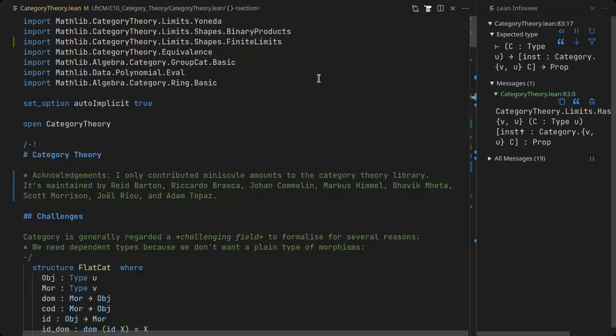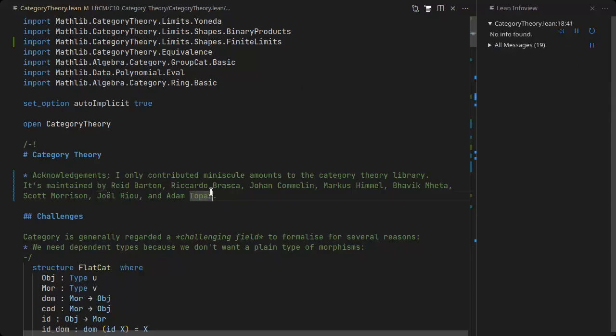That's one thing. The other thing being that I only contributed minuscule amounts of content to the category theory library, and it's actually maintained by a whole list of people. I think that's all that are listed on the website, at least. Among them being Barvik, who's here. I'm not a maintainer. So when in doubt, maybe even ask those people instead of me. My knowledge is restricted to those parts of the category theory library that I actually use. Okay, so that being out of the way,